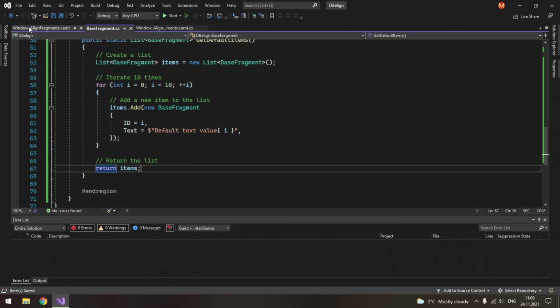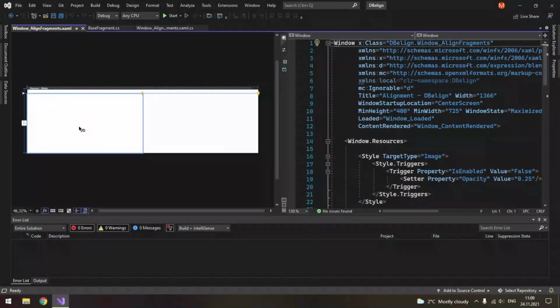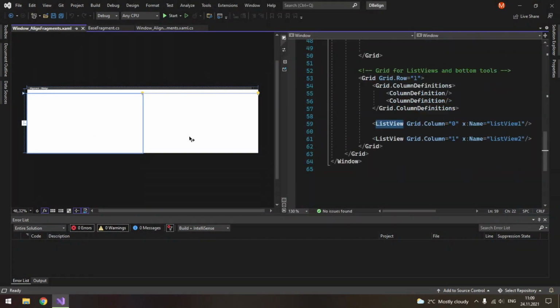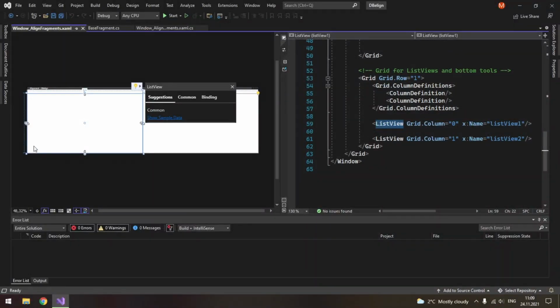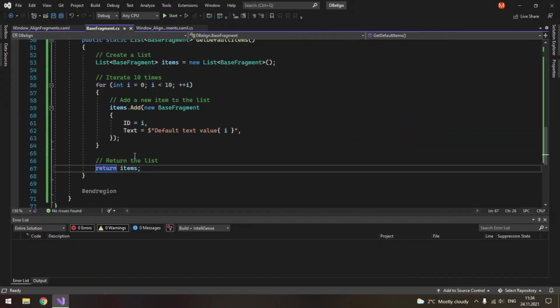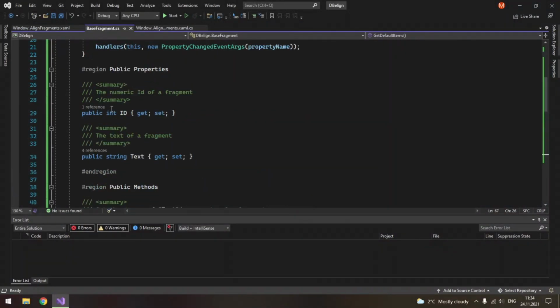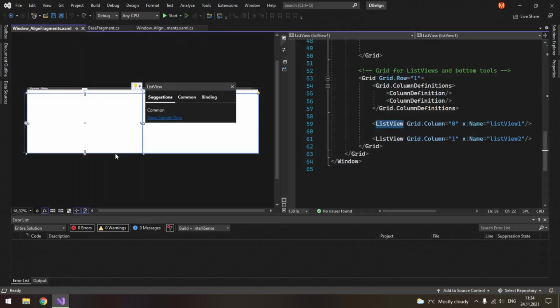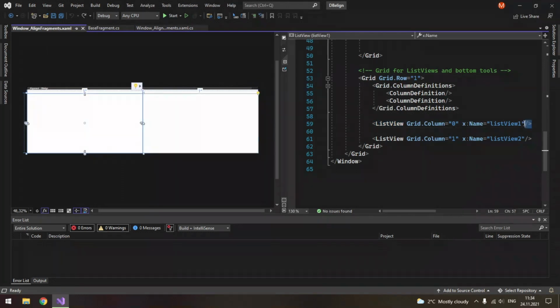Next we should change our UI, because right now we accept only strings. So our first list view, and by the way, when you click your list view, you have suggestions, and here you have show sample data, and if you click it, it shows sample items, and it's added here. Because we will use this class with more than one public property that we are going to display here, we will need columns. This is a built-in option for any list view.